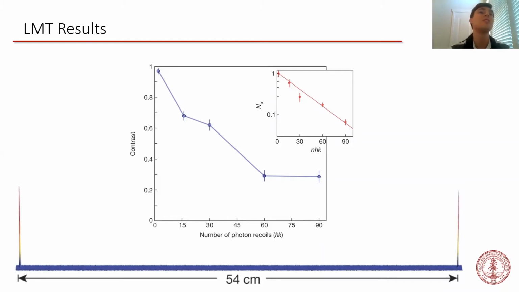And actually, if you're looking at this on a 22-inch screen, the wave packet separation is even larger than it appears on your screen. So this demonstrates that quantum superposition remains possible at the distance and time scales of everyday life. Furthermore, the high sensitivity provided by LMT interferometry was an important ingredient in the experimental results that I will describe next.